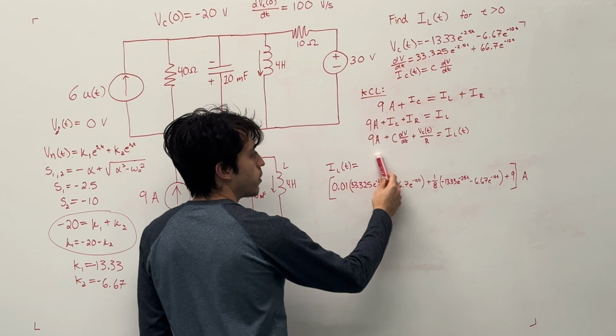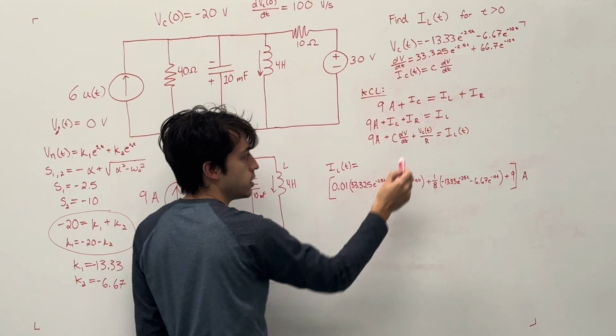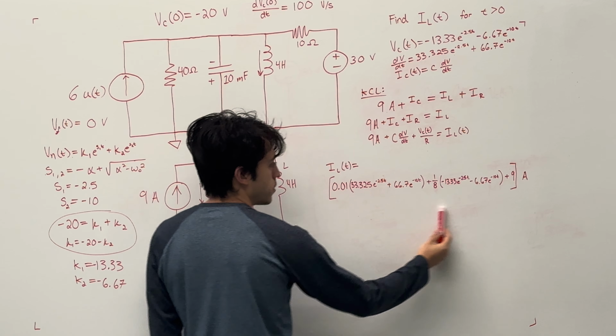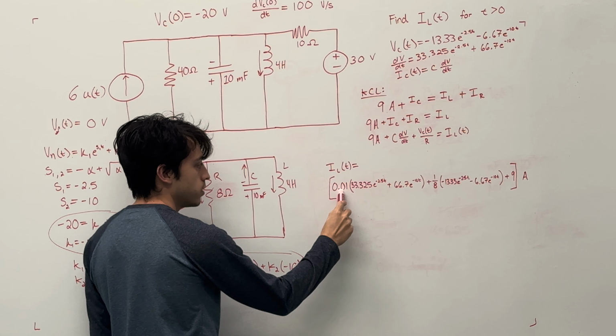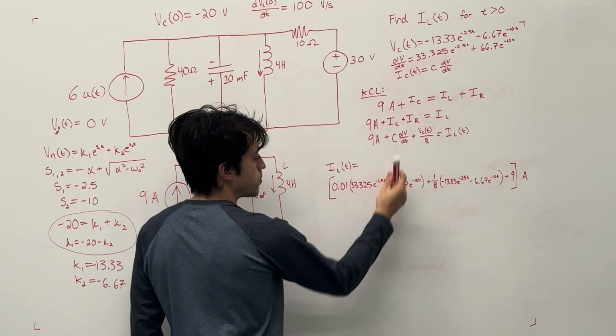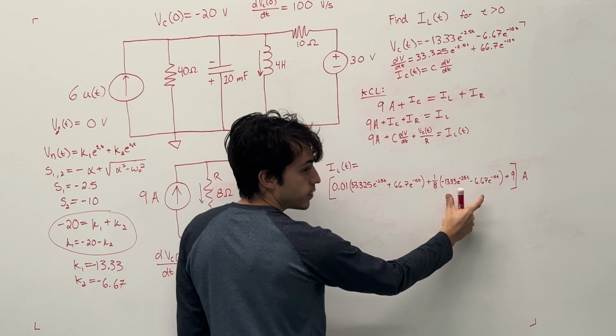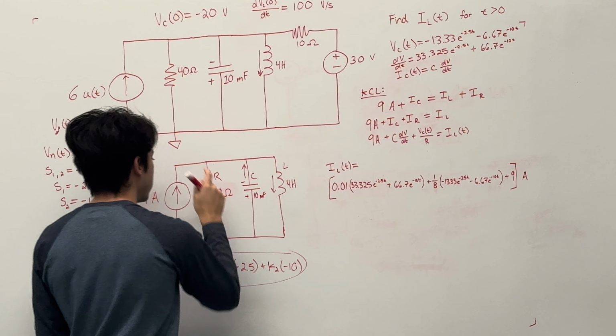So now we know all these values here. We know V of t, so we just take the derivative of that to find dV/dt. We know C, and we have an expression for VC of t, that was the original VC of t here, and we know R. So we just plug that in, and we get this ugly looking thing here, but you'll see we have the 10 millifarad capacitor times this dV/dt, plus VC of t, or just V of t, over R, plus the 9 amps from the